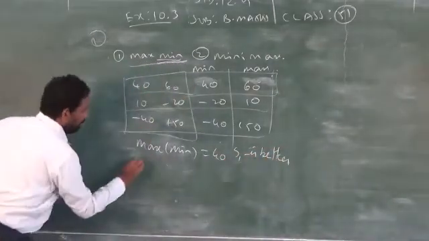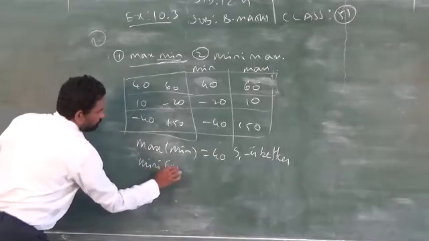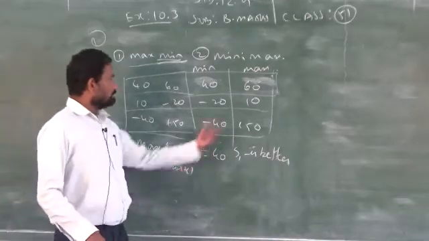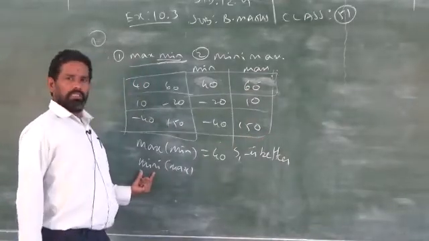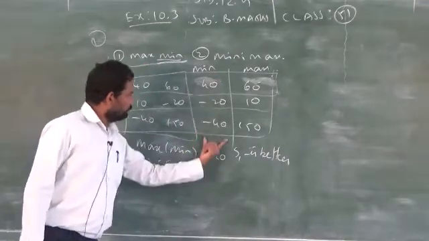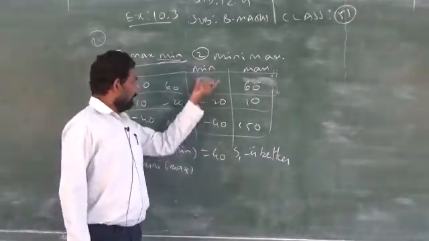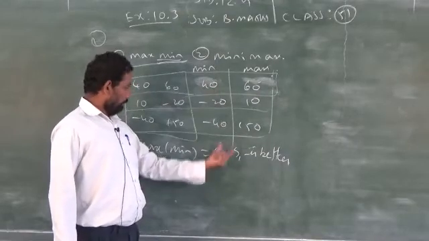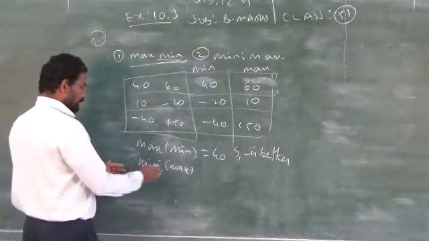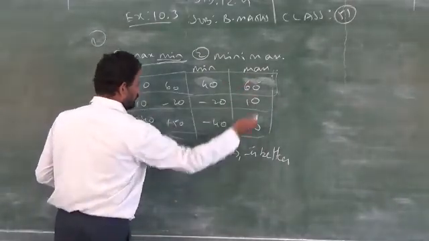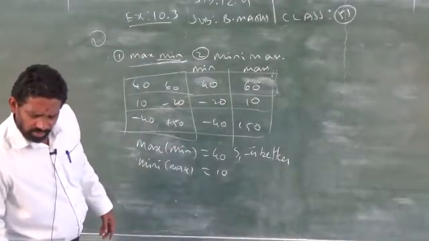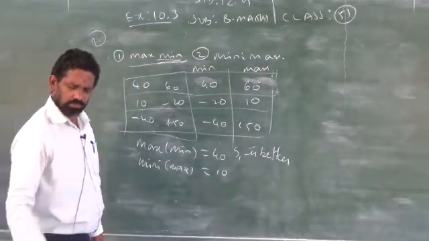The next question, minimax. The bracket is not nice, just for your understanding purpose. In maximum value, you take the minimum. That is the meaning. In maximin, in the minimum values, you have to take the maximum one. In the minimum column, the maximum one is 40, corresponding to S1, which is better under maximin. What is the minimum value in the maximum ones? 10. So 10 corresponds to which one? S2.